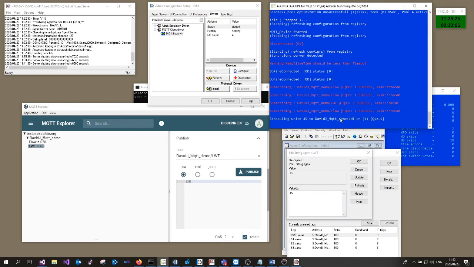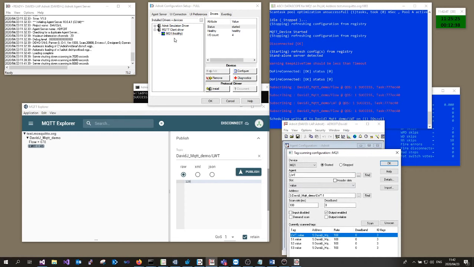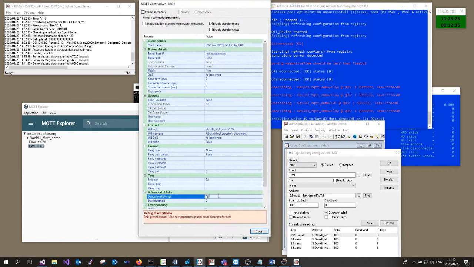Okay. So if you didn't want to see writes, you could filter out the write, which is 512, which is 200 hex. Because of the subscription, a subscription happens and then events are pushed through from the broker. We don't actually poll. So you can filter down your data scope to perhaps just look for writes or whatever if you're debugging things. So I'm going to just switch everything back on, which is all 16 bits.